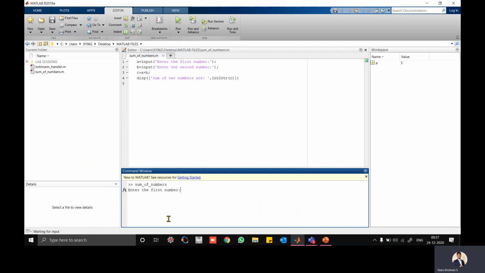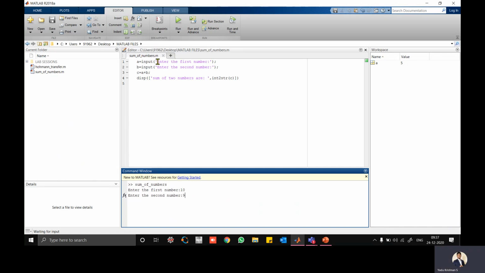Okay, so see here, once I run it, the program will show "Enter the first number." Previously, if you look at the workspace, we assigned a value of A there, 5. That is not yet changed. So enter the first number. Let's take 10 as the first number. Then enter the second number. The second number I'll just take 9. So input is over. These are the inputs.